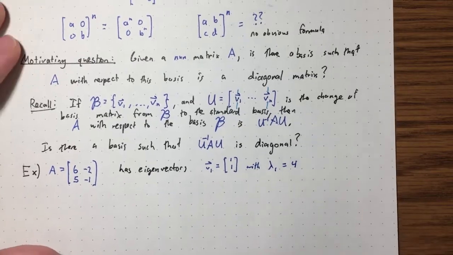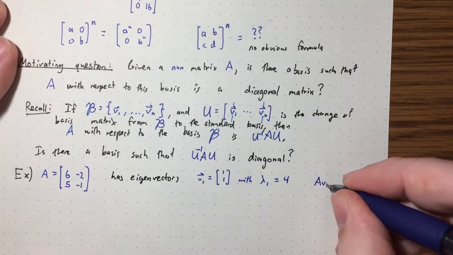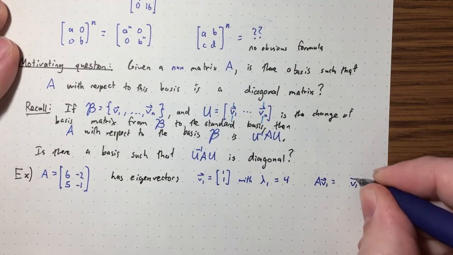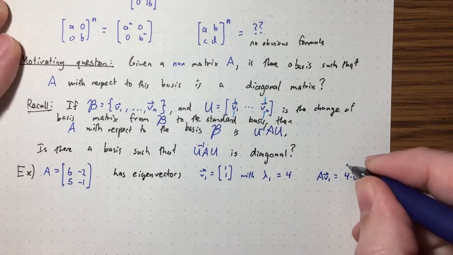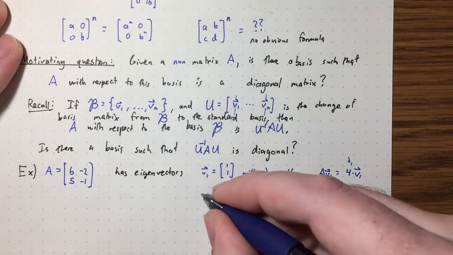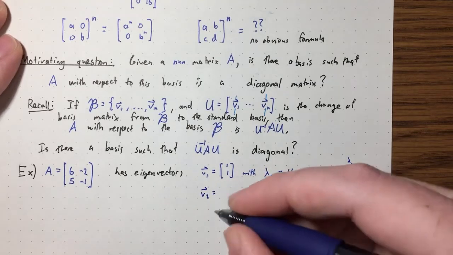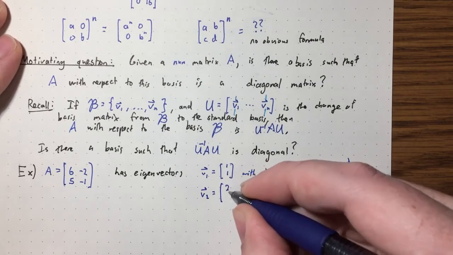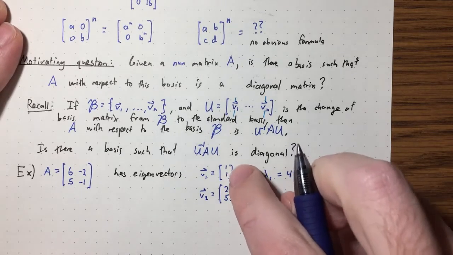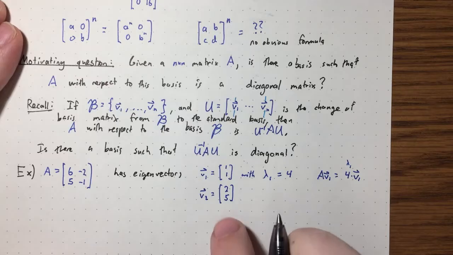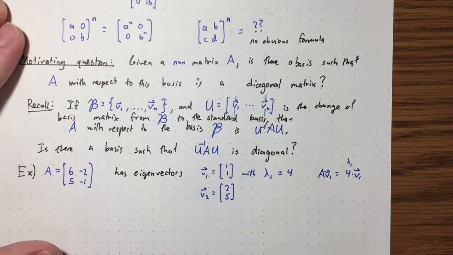Okay, and again, what does this mean? It means that A times this vector v1 is just v1 again, but scaled by 4. Right? So that's my eigenvalue. And my other eigenvector is 2, 5. And it's not just these two, right? Like 2, 2, 3, 3, 4, 4. These are all eigenvectors. But these two eigenvectors form a basis